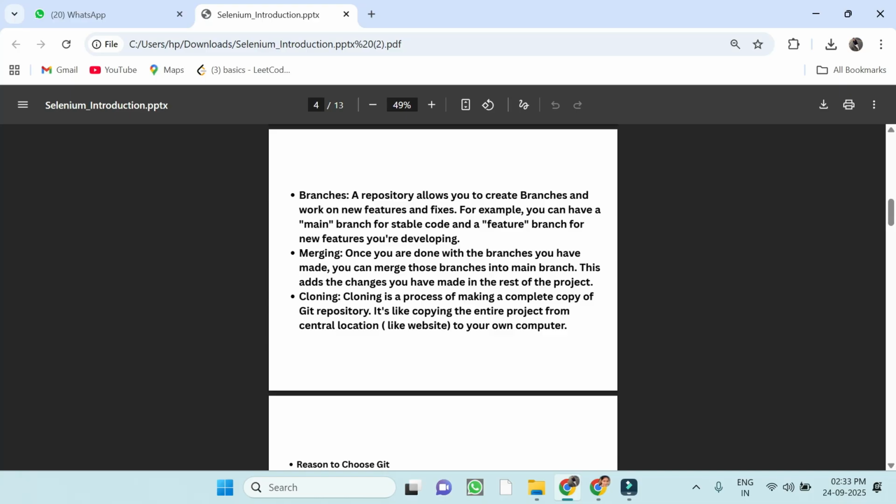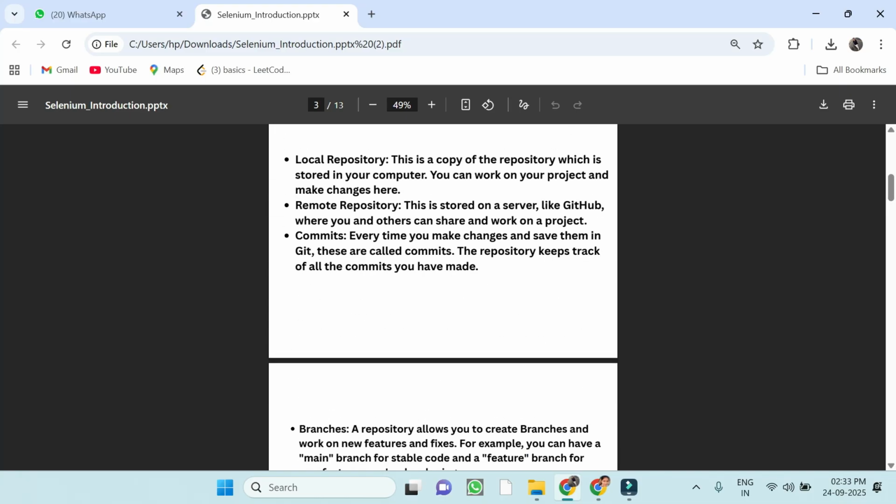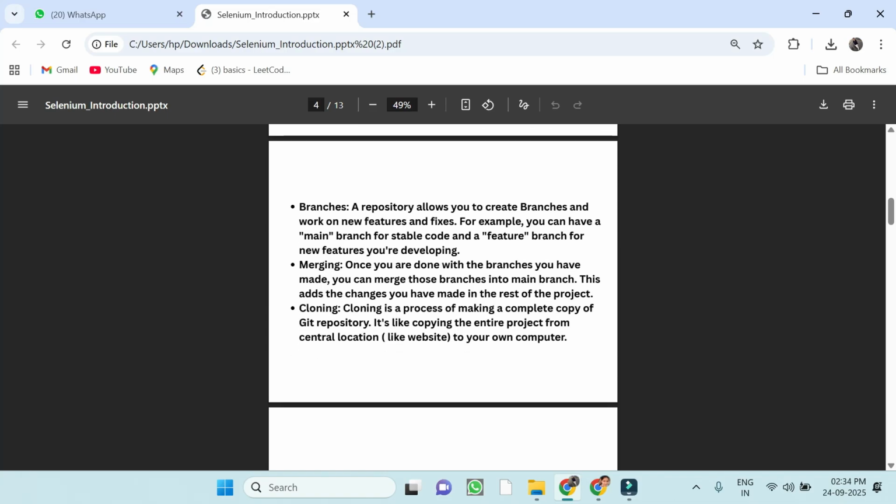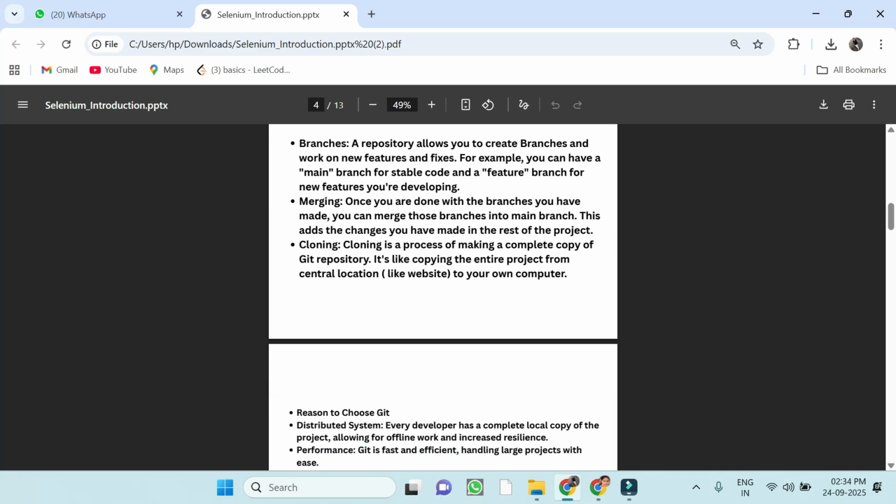Cloning means, say one developer starts designing a project you are working on. They prepared a login module and then pushed all this code to Git. They give you the repo, which is like a link. We already discussed the repo and local repo, so they give you the repo and you can easily clone it. In the repo they add some files. Cloning means you see all the files of the other developer, the files or code they designed. If you want to see their code, you clone everything to your own system, so you can easily see everything. That is cloning.